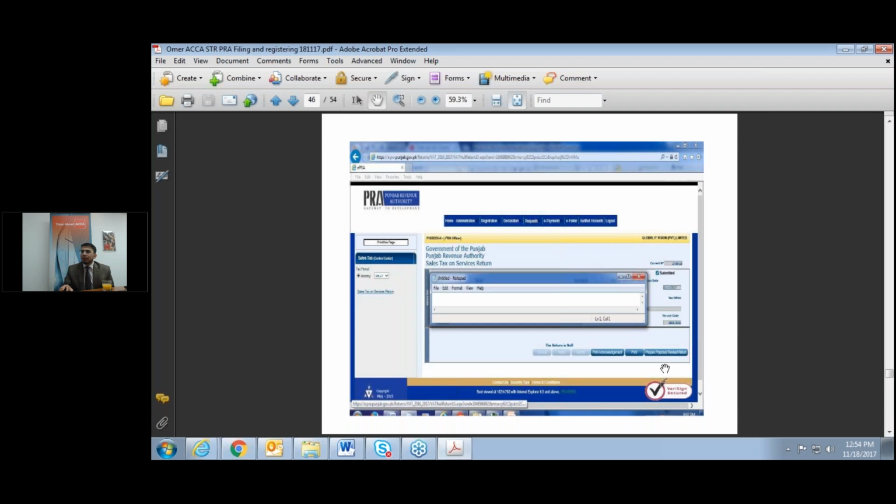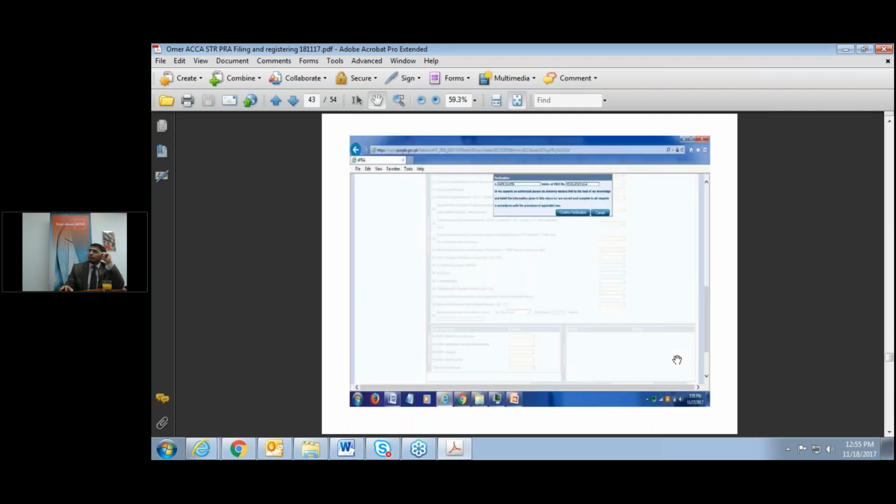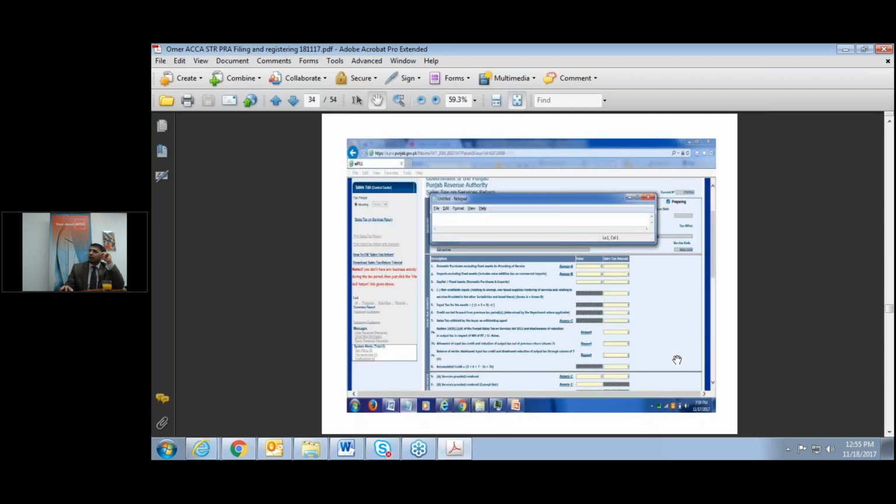So how do you revise that? I filed the null return, but the client said, oh, I'm sorry, I forgot. I did actually have some transactions. It was not a nil return after all. Okay, thank you very much. But we need to revise that now. Extremely simple, no complication. Click on this option, proposed revision. Prepare proposed revised return. You click on this and you will have the entire return open up to you like that. You will have the old figures of the return appearing to you